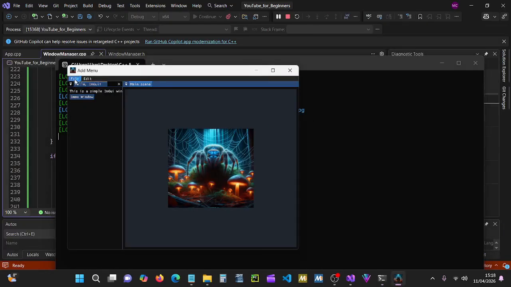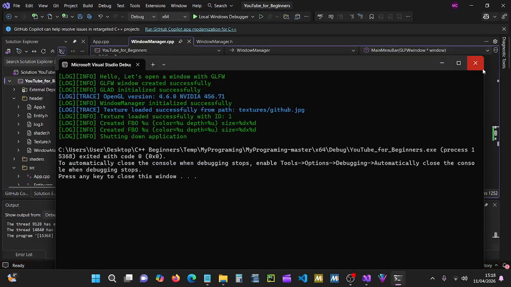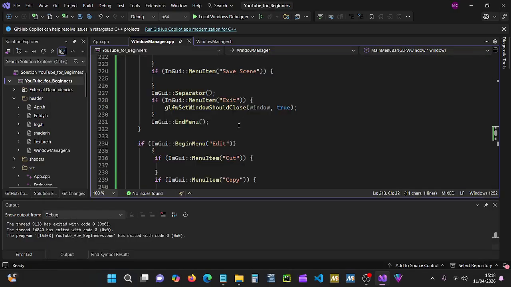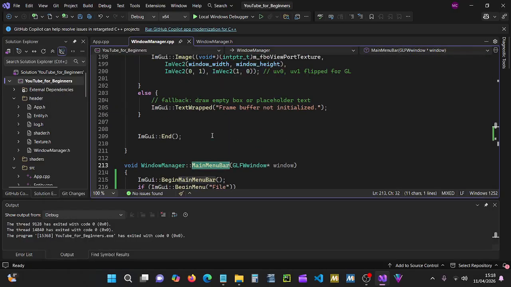So up here now we've got a menu bar, the edit bar. I mean, you can have as many along here as you can fit in. The exit button will work, so we click this exit and that shuts the program down. What we can also do, which I thought would be quite nice for the next part of the project I want to do,